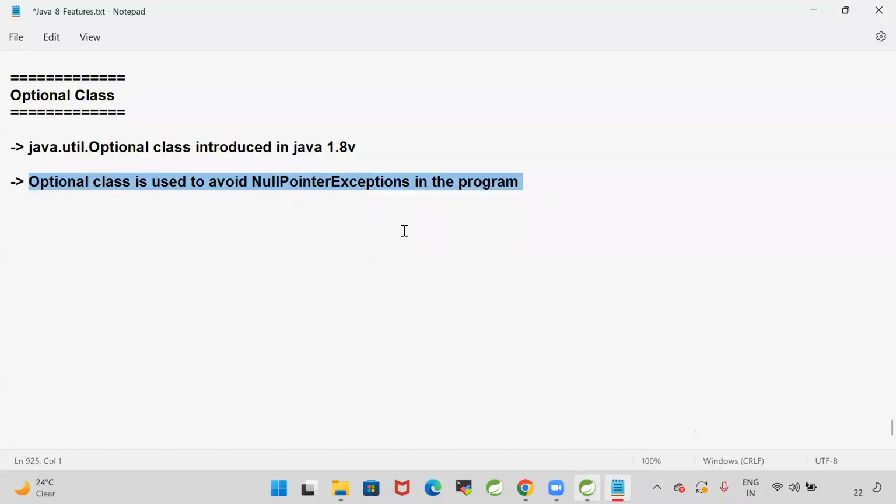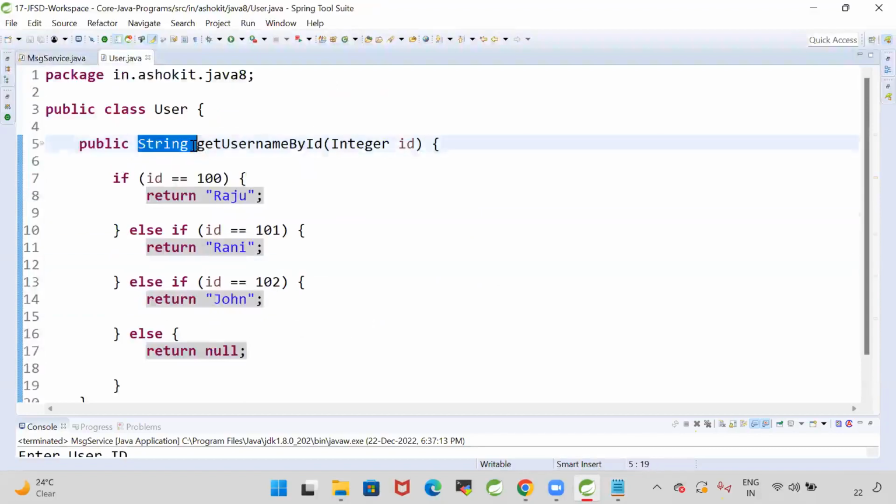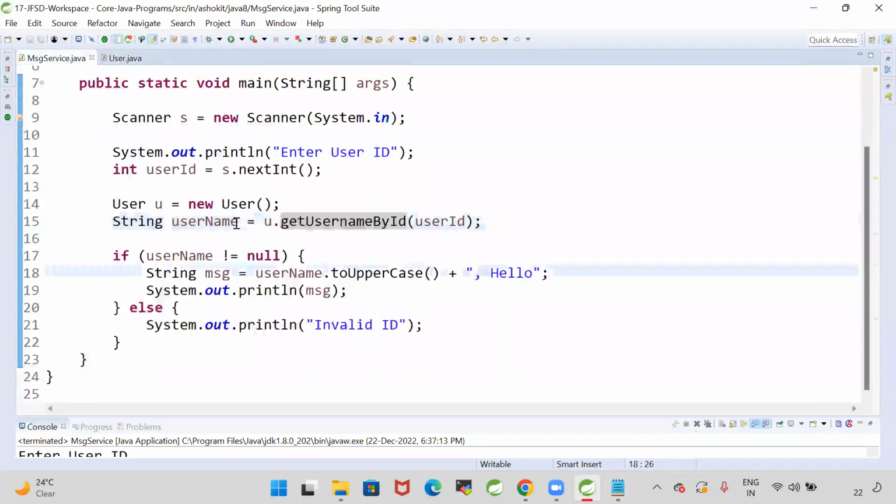So what we can do is, as our method is directly returning a string value, the user may perform operations directly on the given value. My method is returning a string. Here, this user class is developed by one programmer,